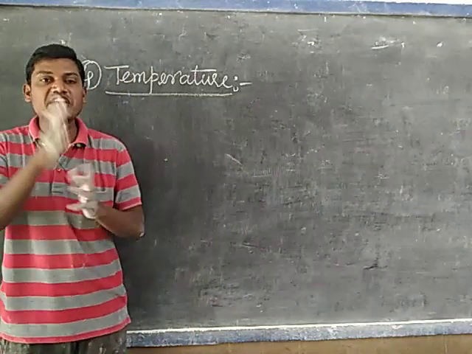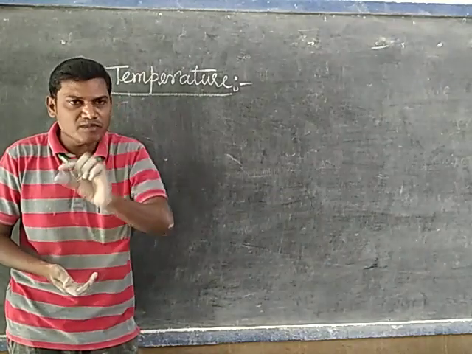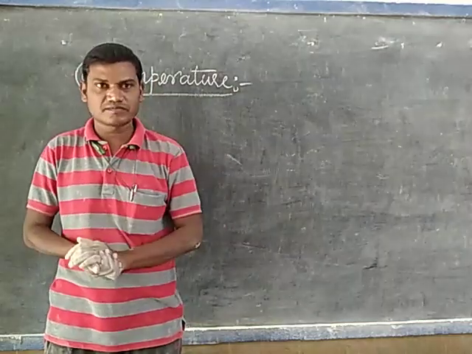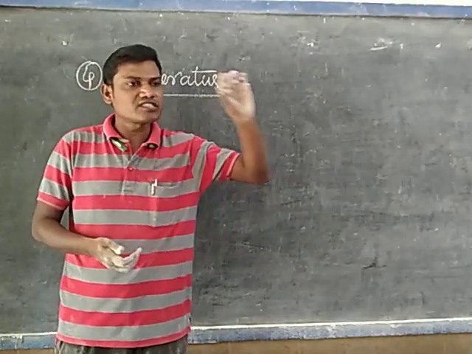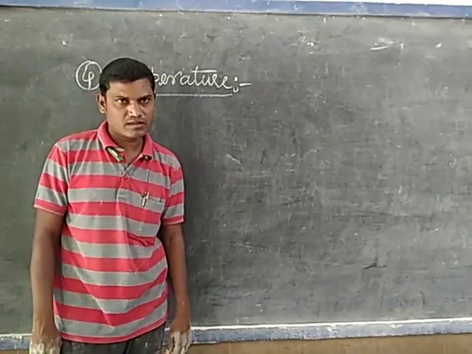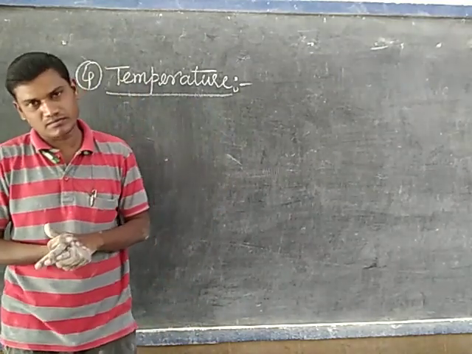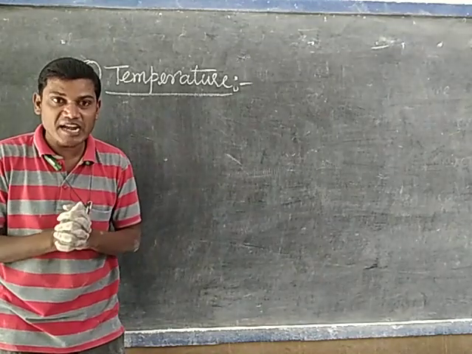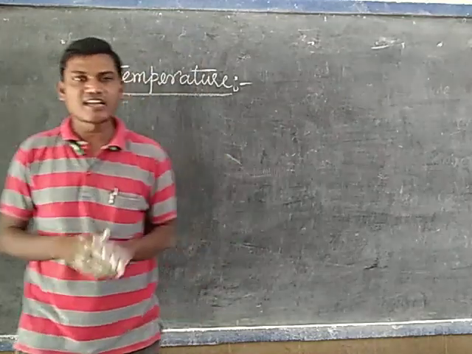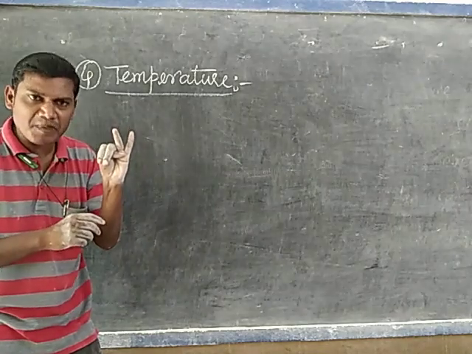Evaporation we can define in two ways. It is a process of escaping of molecules from the surface of a liquid. Another definition: evaporation is a type of vaporization. It occurs only at the surface of the liquid at any temperature below the boiling point. Evaporation is a cooling process and also an endothermic process. Evaporation mainly depends on how many factors? Five factors. According to 10th standard, there are 4 factors. First, surface area. Second, humidity. Third, wind speed or velocity.